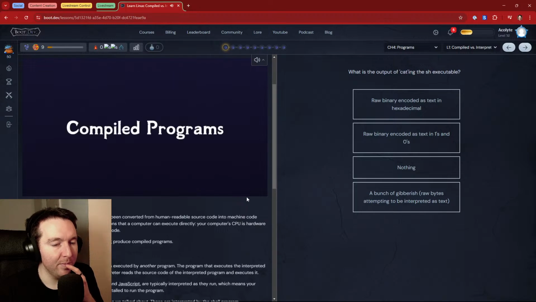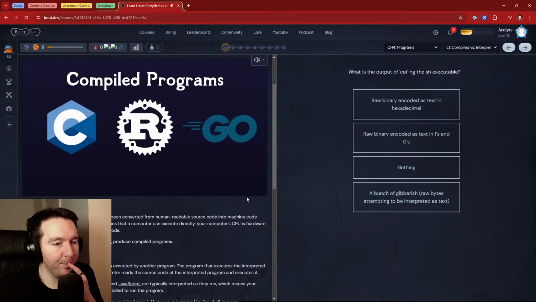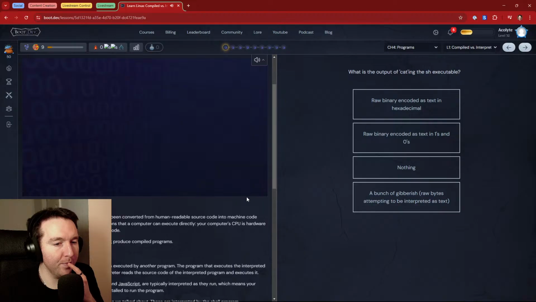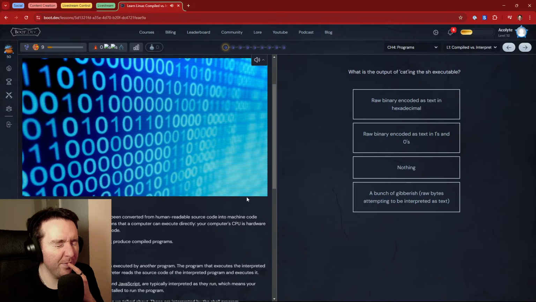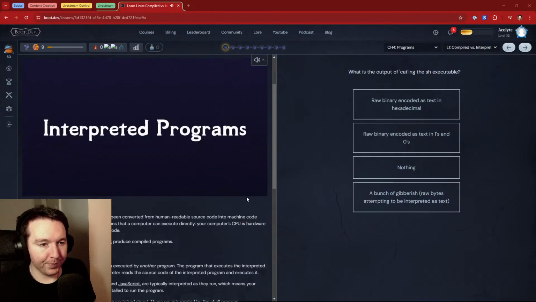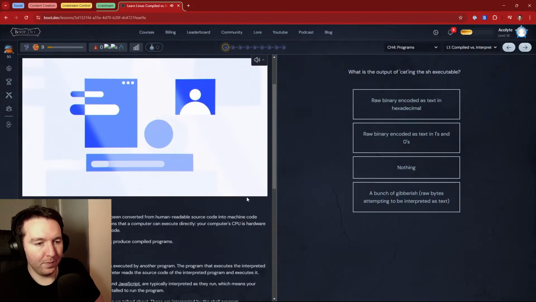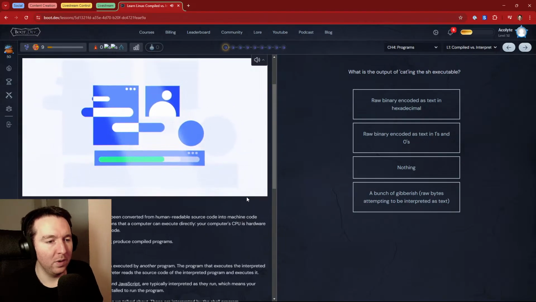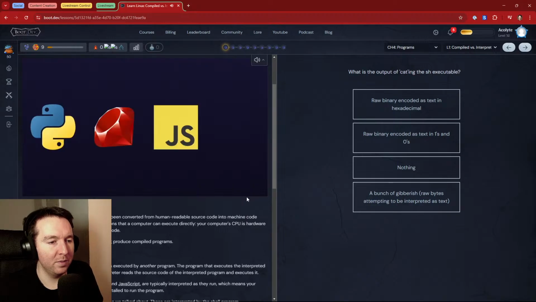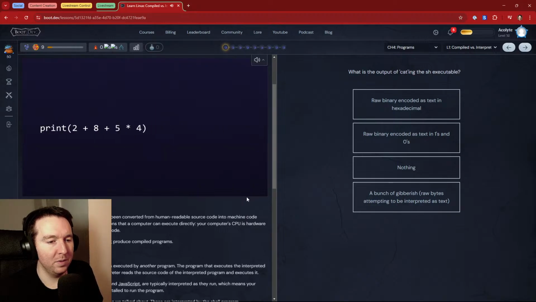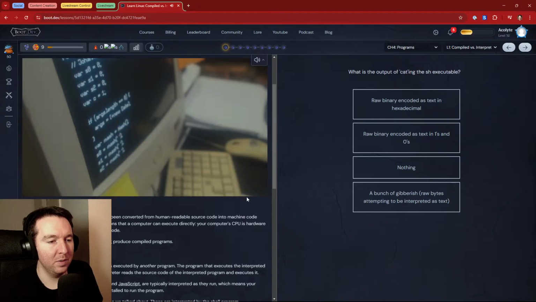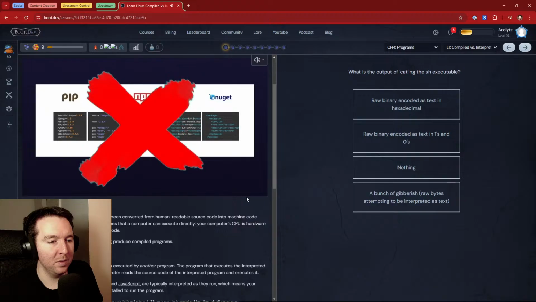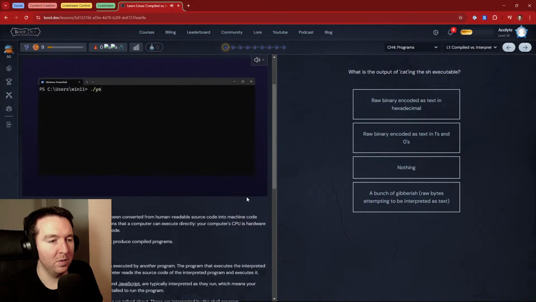They're usually written in a language like C, Rust, or Go, but are then compiled down to binary, the raw language of your computer's hardware. Interpreted programs, on the other hand, do require other software in order to be executed. Python, Ruby, JavaScript, or shell scripts rely on an interpreter to read the code as they run. When you run a program on your machine that has no other dependencies, it can simply be run by typing the name of the program into your shell.